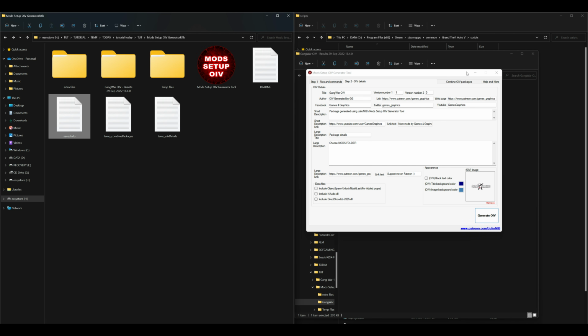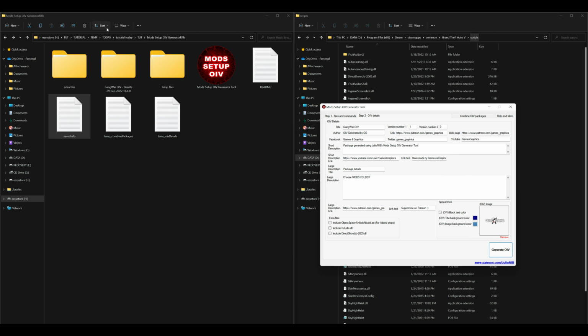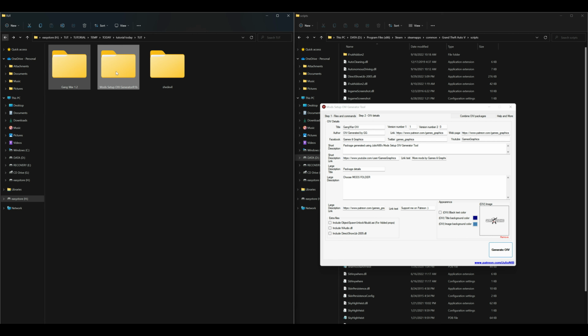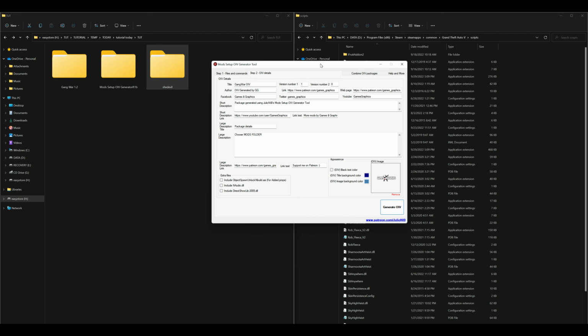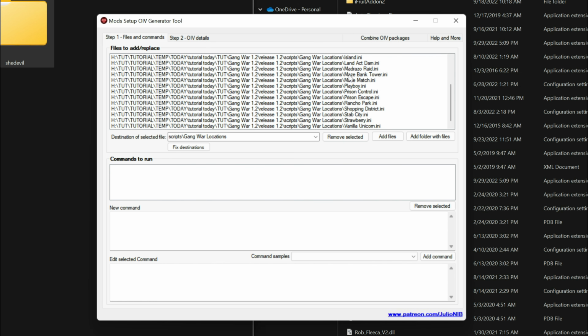Now let's go check on our OIV package, and we are going to install that after we create another package. Right now we are going to create another package, and that package is going to be for our add-on car. So let's go back over to our downloads, and I'm going to install this car right here. It's called She Devil. All right, now before we create another package, this is what I suggest. We could go here and